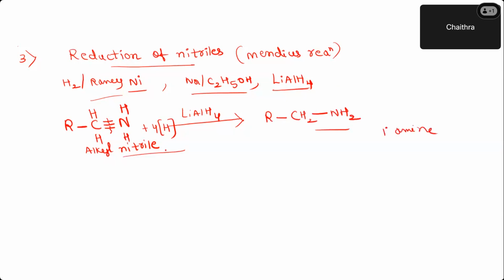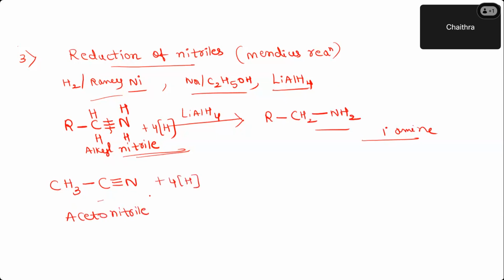So I started with alkyl nitrile. I got a primary amine. Very simple. So let us take one more example. You tell me what is the starting material name. You can directly write CH3CN like that. You need not show this triple bond, but it becomes easy for you to predict the product if you write like this. That's all. So what is the name of this? You can call it methyl nitrile also or methyl cyanide also. One of the important common names for this is acetonitrile. Acetonitrile, right? So you add hydrogens and tell me the product.